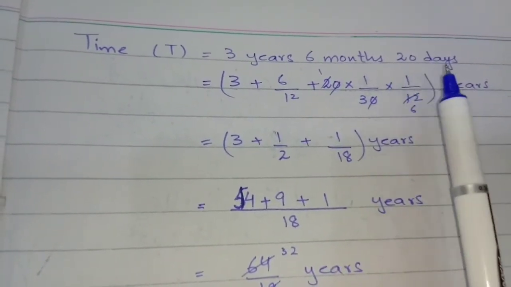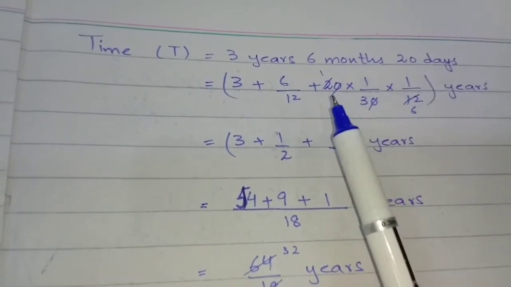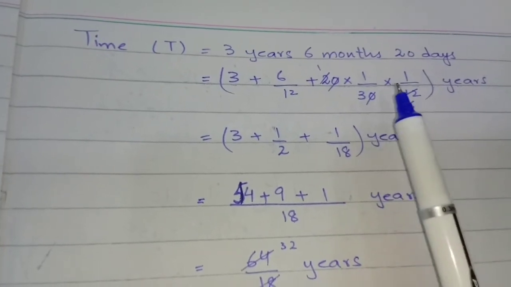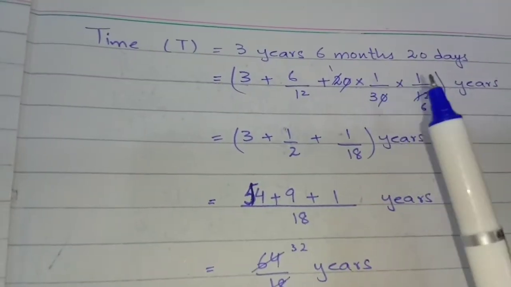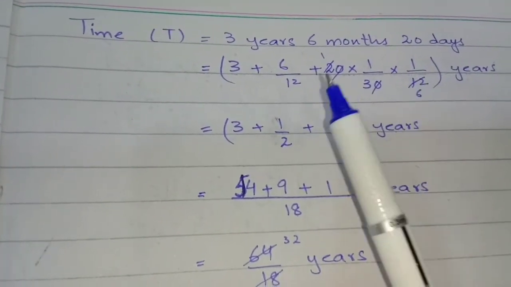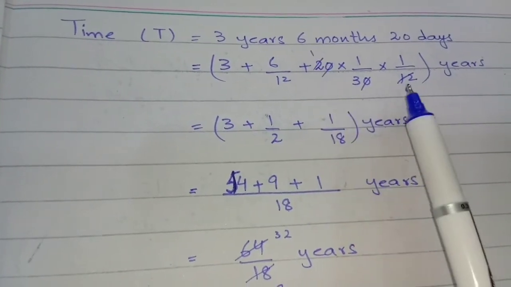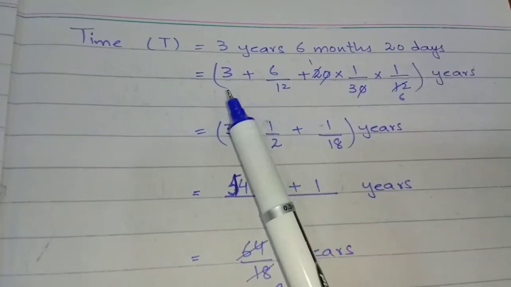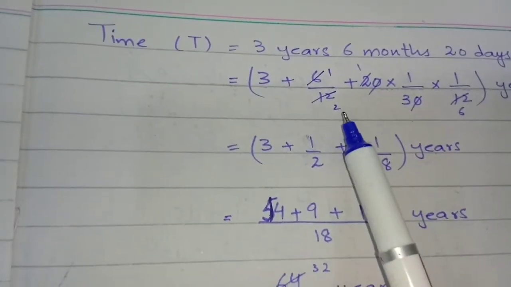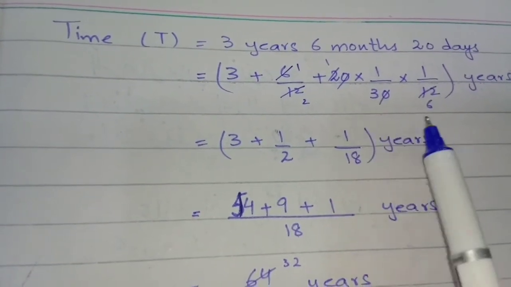We have to convert days into years. First of all, we have to convert days into months. So 20 multiplied by 1/30 because 1 month is equal to 30 days. Multiply by, now 12 months equals to 1 year, so multiply by 1/12. Then this 0 will be cancelled out with this 0 and on the table of 2, 2 1s are 2 and 2 6s are 12. 3 plus 6 1s are 6, 6 2s are 12 plus 1, so 1/3 6 are 18 years.